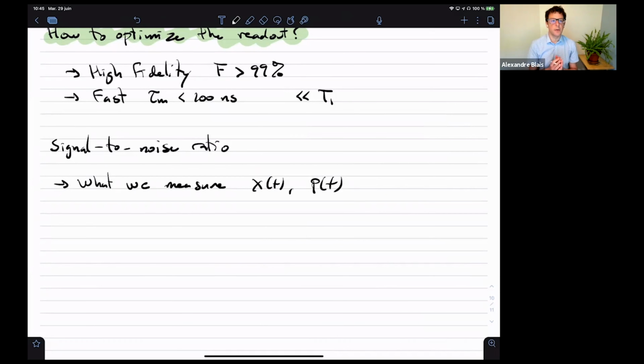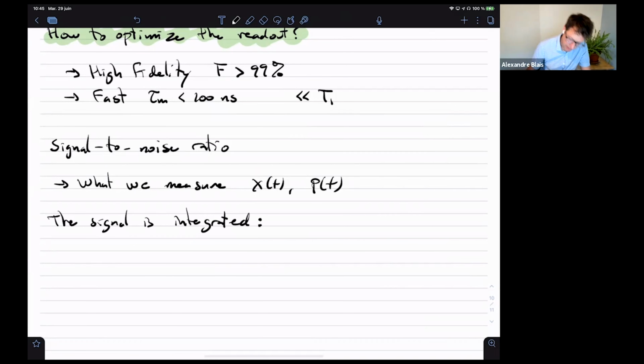And the first thing that we will do is to integrate the signal. Okay, so I will define a new operator, which I will call the measurement operator. This is really the quantity that we are measuring, and we'll be integrating for some time Tm, the measurement